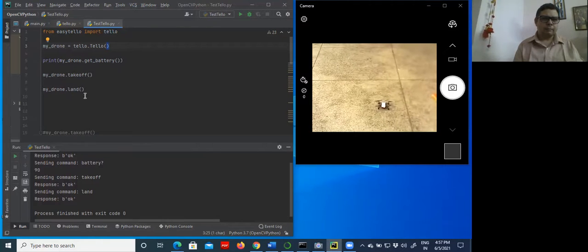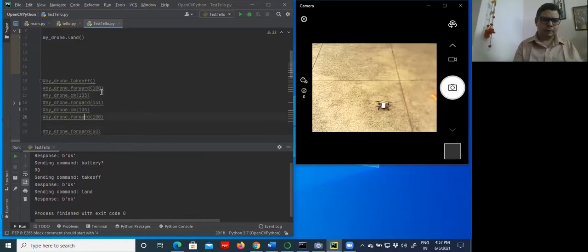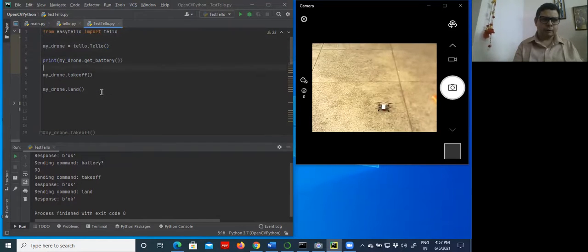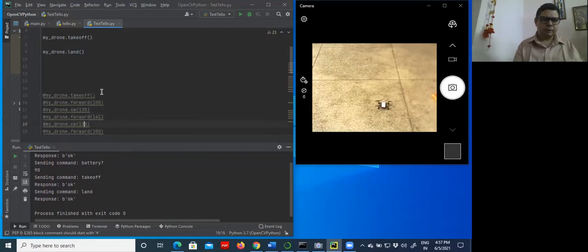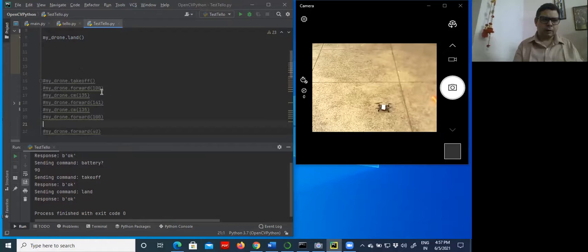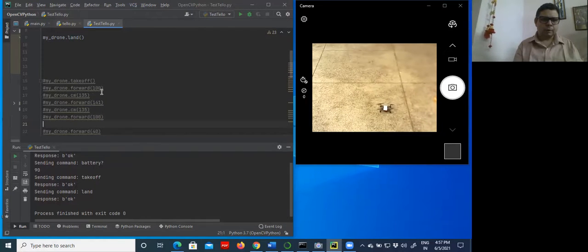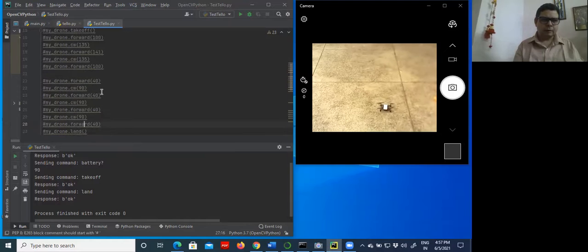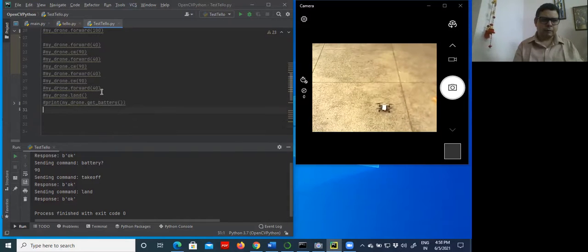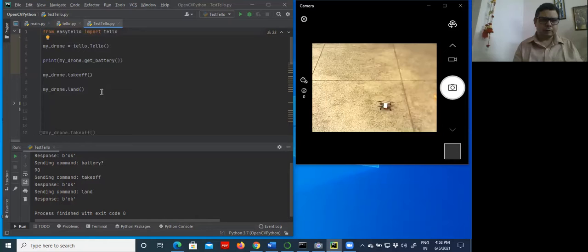Now we will discuss some other functions of the library, forward and backward. Then we can learn how to move this drone to a particular angle, and then we will see some other functions.